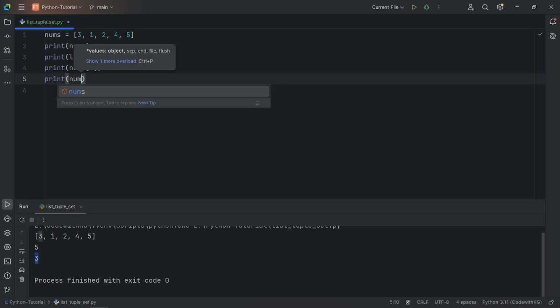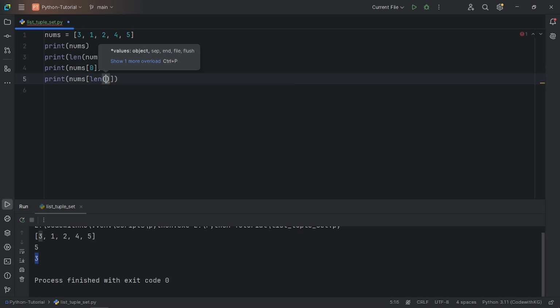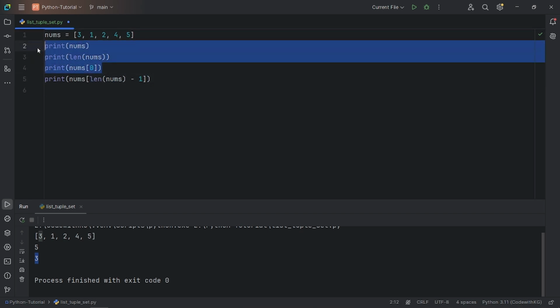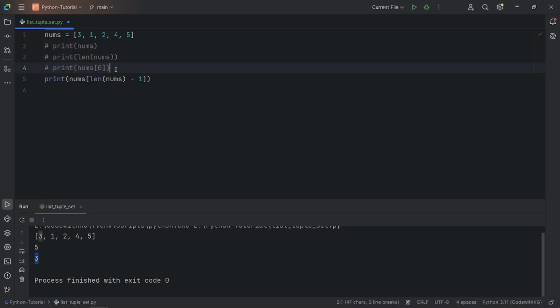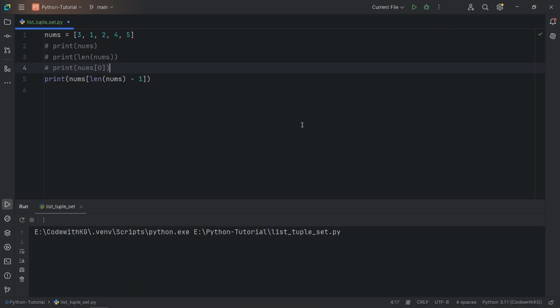length of list -1, because this list starts from 0. So if I print length -1, so it will print 5 here, that means the last element of the list. So I'm just commenting this line so that you will find all this code in my GitHub repo. If I run this code, so you can see here यहाँ पर जो है हमारा last element print हो गया है।